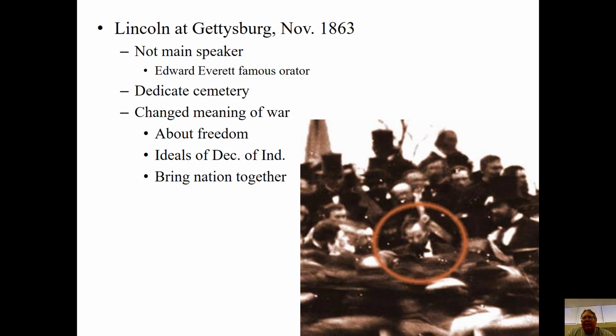The Union is now dedicated to, yes, holding the country together, but once that country is held together, we're going to have to deal with slavery, right? How far do we want to go is now the question. It's not a question of if we're going to deal with slavery, it's how far do we go? Do we get rid of it completely? Do we phase it out slowly over time? Do we leave it in some places and not others, right? What is the deal here?